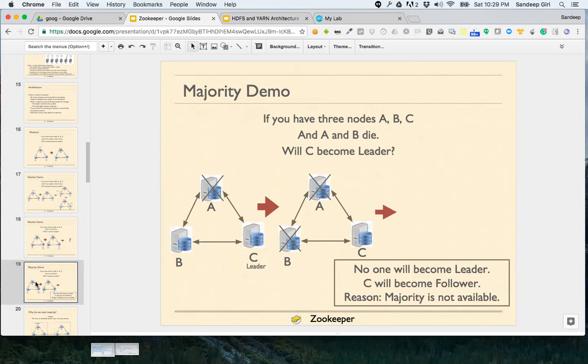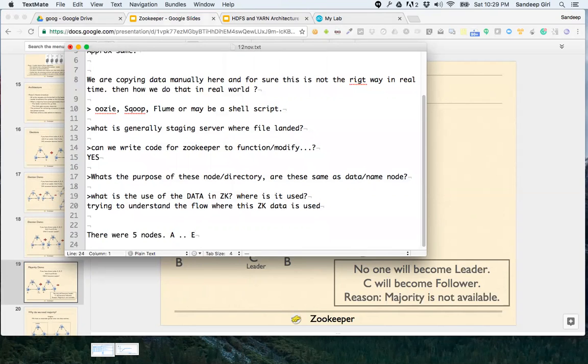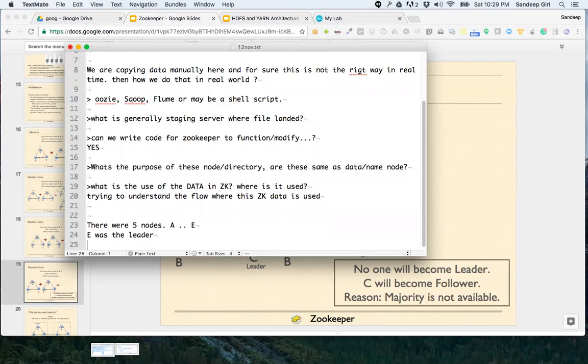So is everybody with me? Let me rephrase this question now. There were 5 nodes, A to E. E was the leader. A, B, C got disconnected.